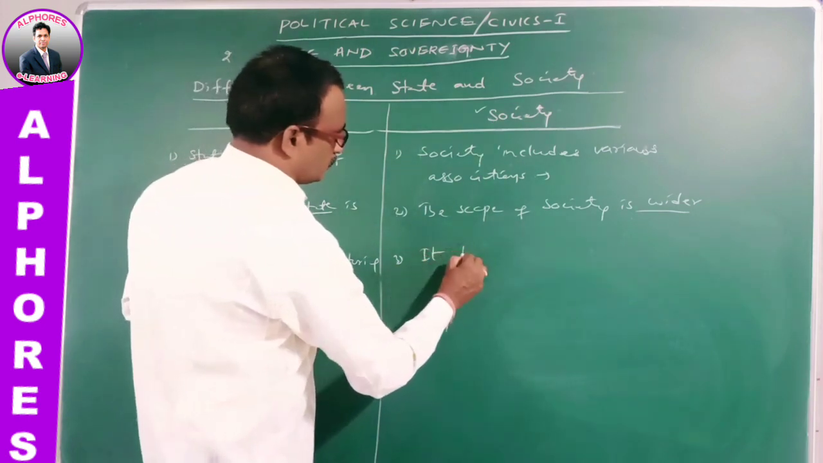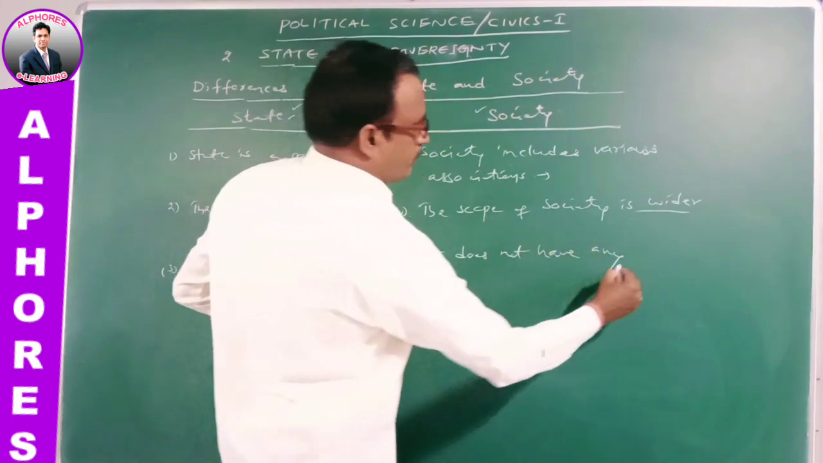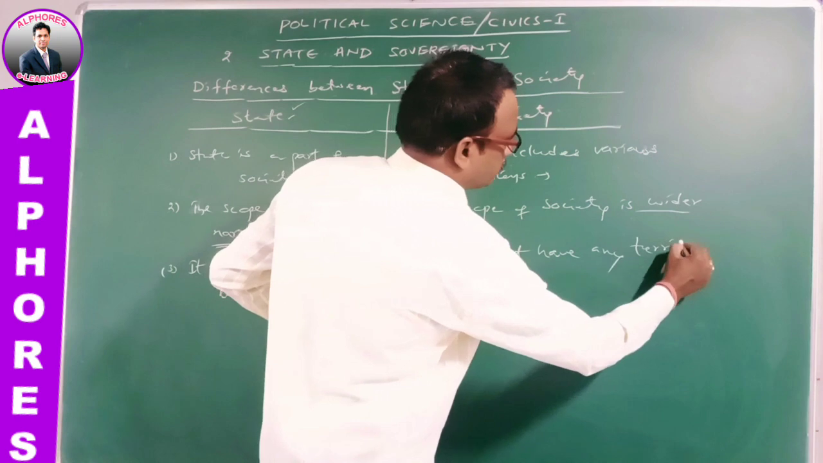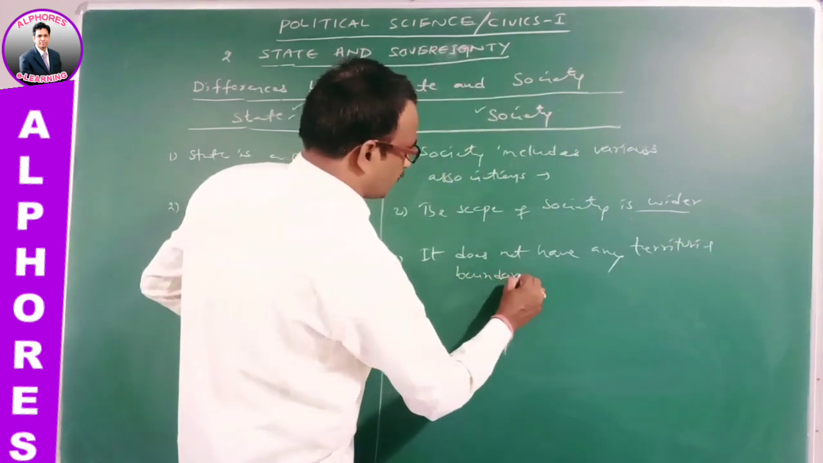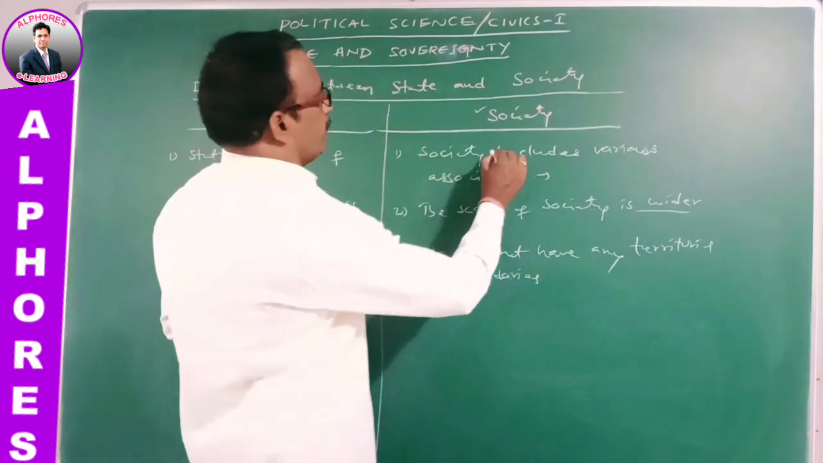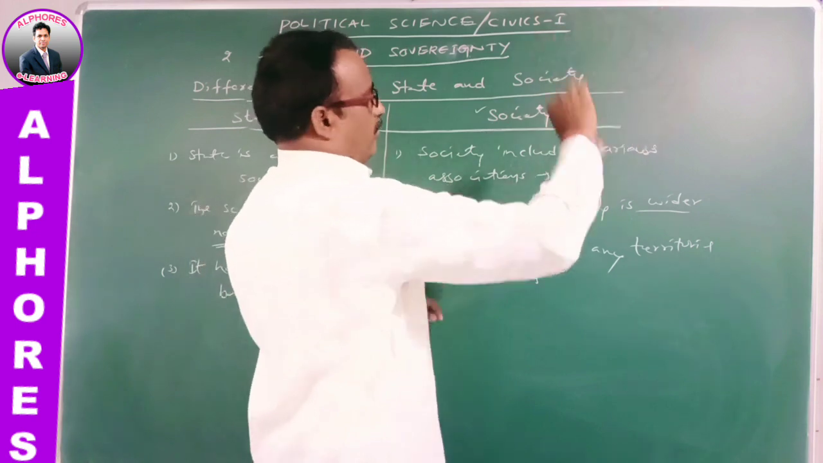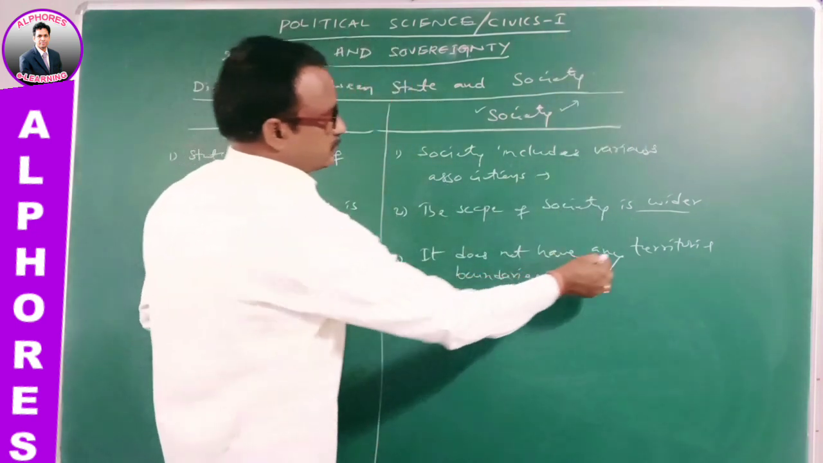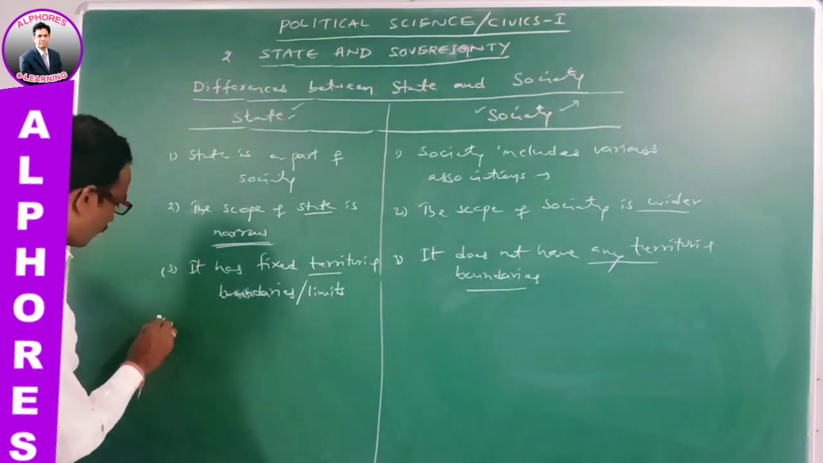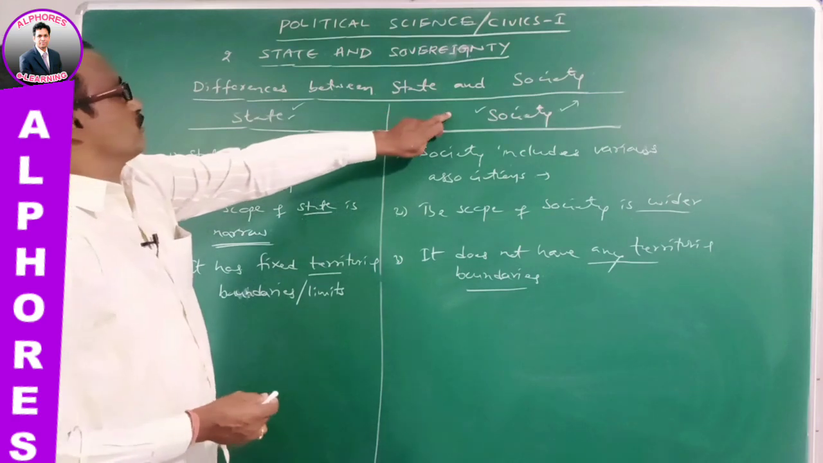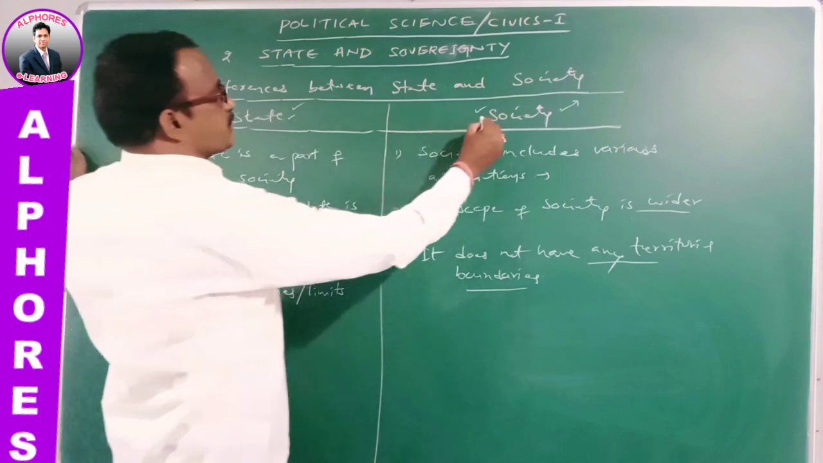Society does not have any territorial boundaries, and its activities are extended to all parts of the world, hence there are no territorial limits or territorial boundaries. Then according to nature, state is a political association or political organization,